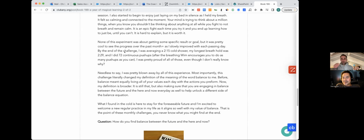Going back to the beginning of the reflection, I ran really far away from the here and now because the here and now terrified me. When my here and now was just life without meaning, painful. Right, I understand. But coming back to it, it's funny, you have to go through pain to come back to the here and now. But this was a good pain. Like the cold and the breathing, the pain became